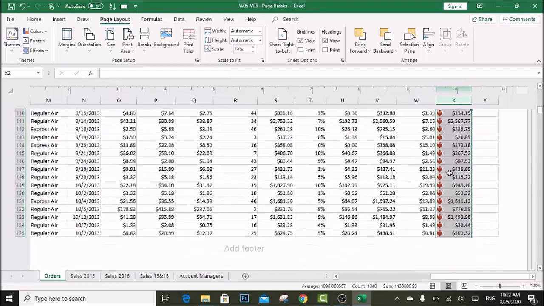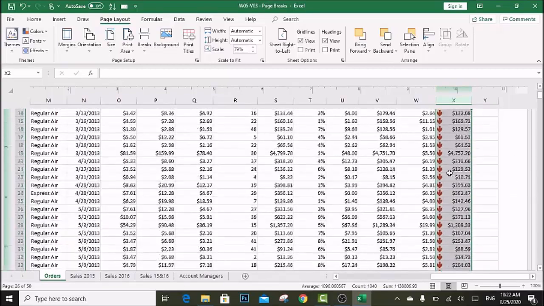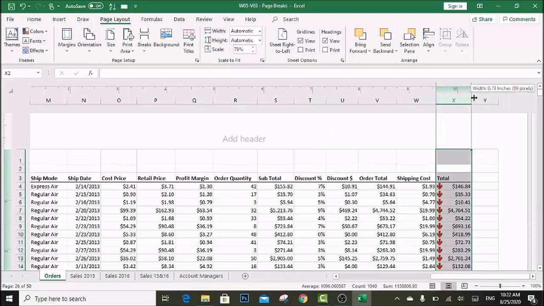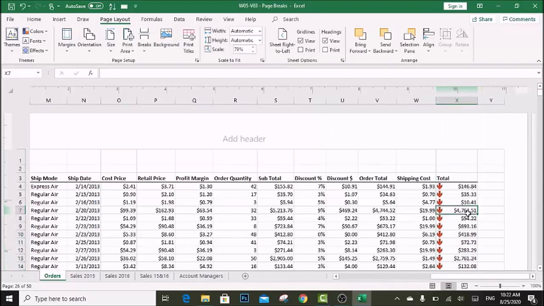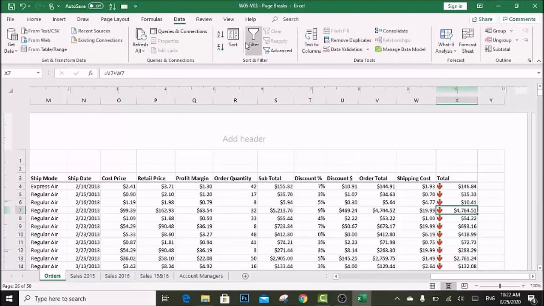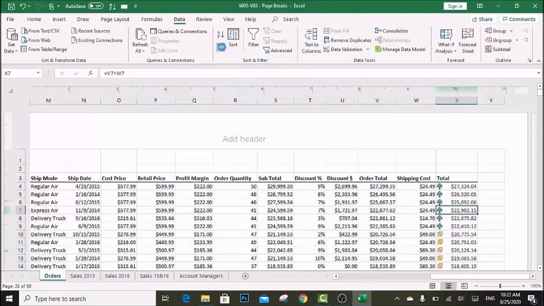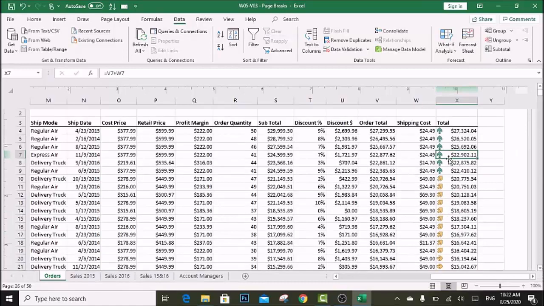I just want to separate them. So for this I will click on the cell, go to Data, and this time I will click on Sort Largest to Smallest. When I click on this, all the data has been sorted.